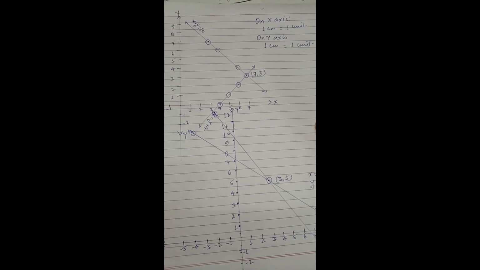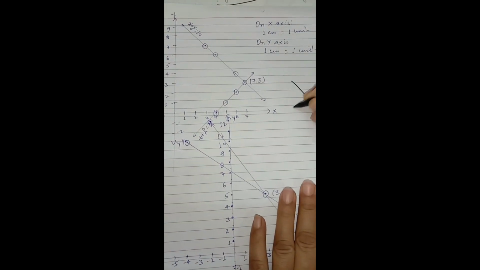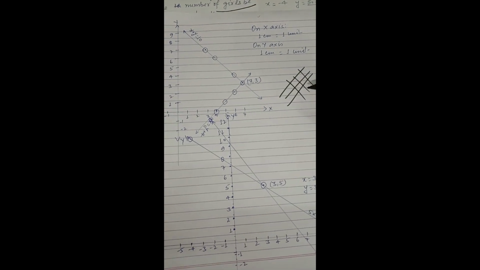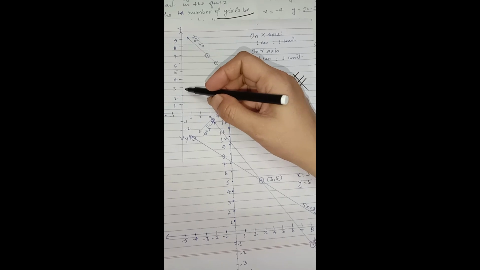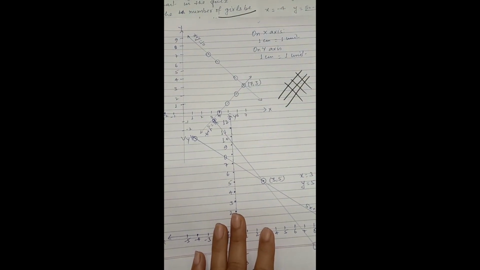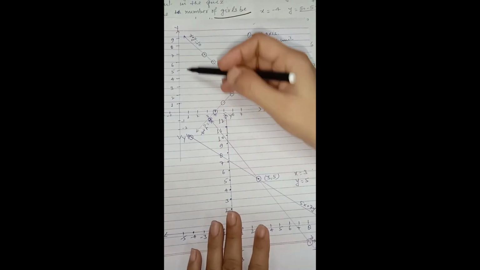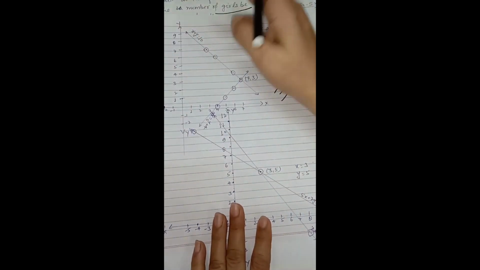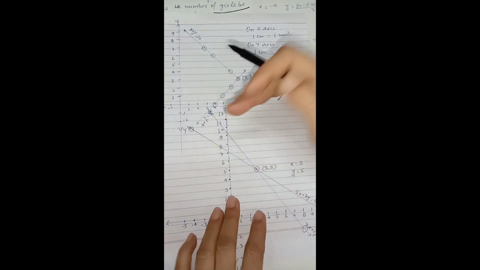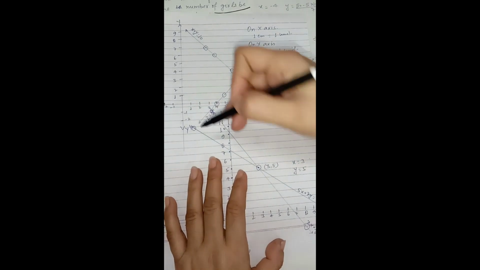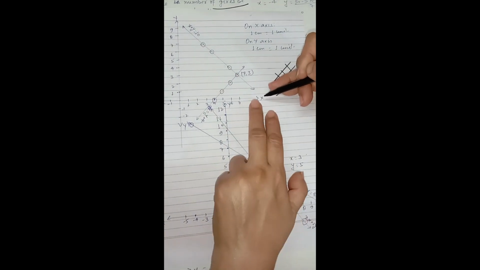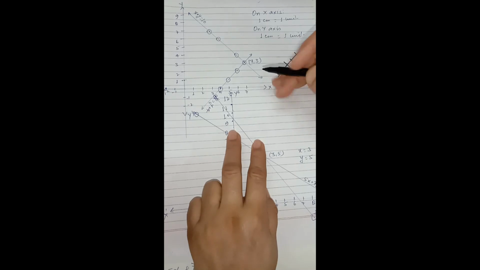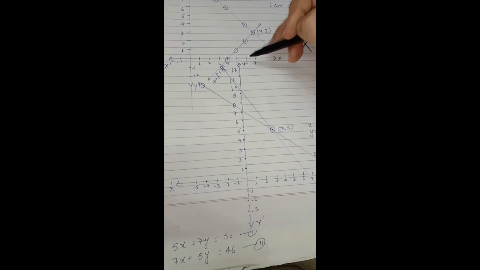You all have seen the centimeter graph paper where the gap between the boxes is 1 centimeter. It is the centimeter graph paper. So we'll mark the points 1, 2, 3, 4, 5, 6 up to different points we'll mark here. And this is the y-axis, this is the x-axis. This is positive x-axis, this is negative x-axis, this is positive y, this is negative y. Horizontal axis is x, vertical axis is y. So on the vertical axis, the y, we have marked the points, and on the horizontal axis x, again we will mark the point. 1, 2, 3, 4, 5, 6 and 7.